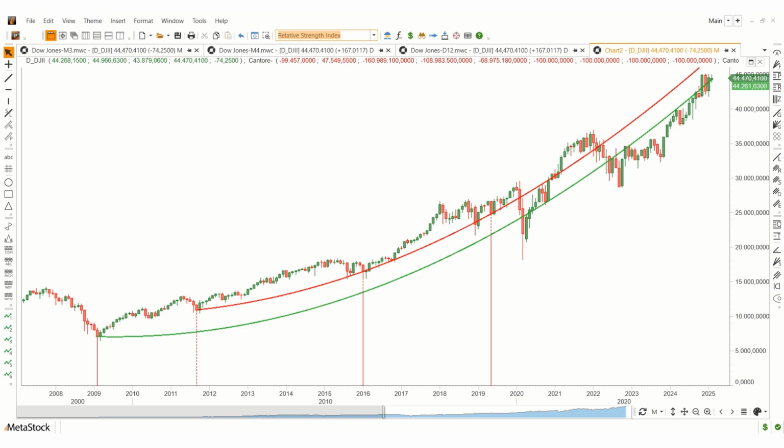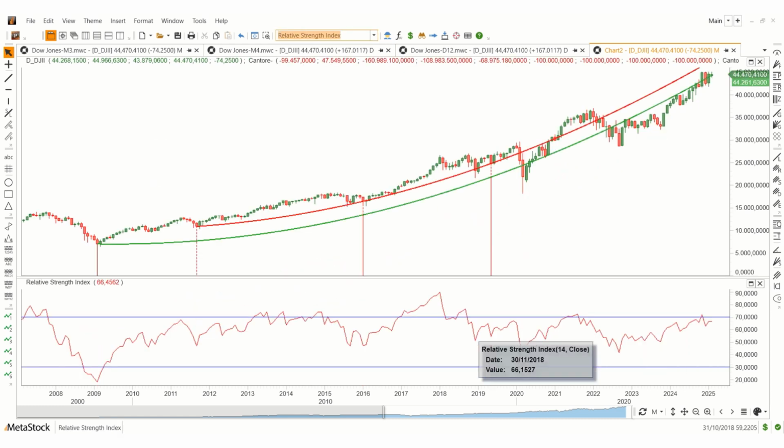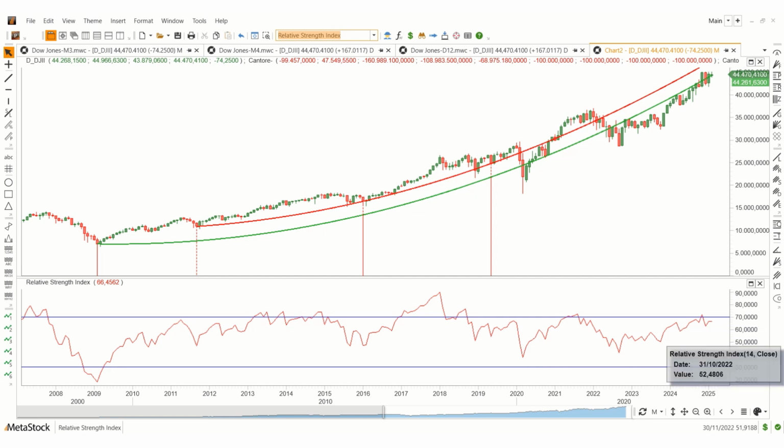analysis that see the plotting of parabolic involutes on the graph of its RSI indicator. To do this, as a starting point, we acquire the Relative Strength Index RSI indicator from MetaStock. Here it is, and we drag it to the bottom of the graph. At the moment, we give OK to its default characteristics, and here we have the representation of the 14-month RSI